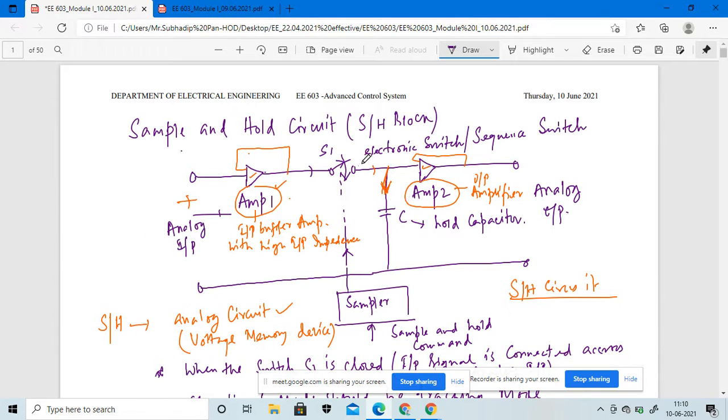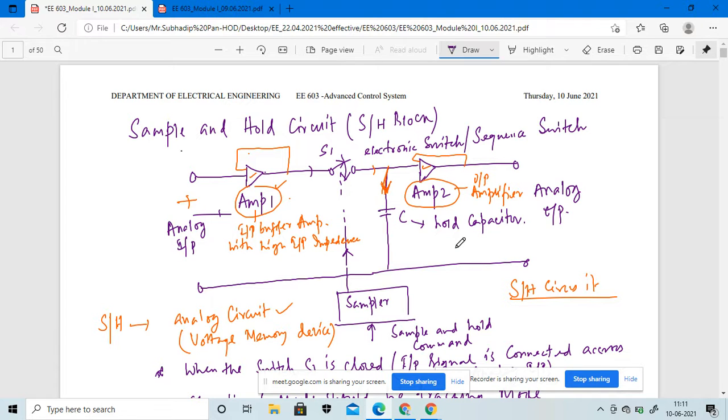Obviously this particular switch is open now. So for that case, what will this particular capacitor do? The capacitor voltage will hold constant for a specific time period. When the switch is closed, we store some voltage in the capacitor. That particular voltage that is stored will be held constant for a specific time period when the switch is open. So that is the function of the hold capacitor when the switch is open and when the switch is closed, right? Is it clear?